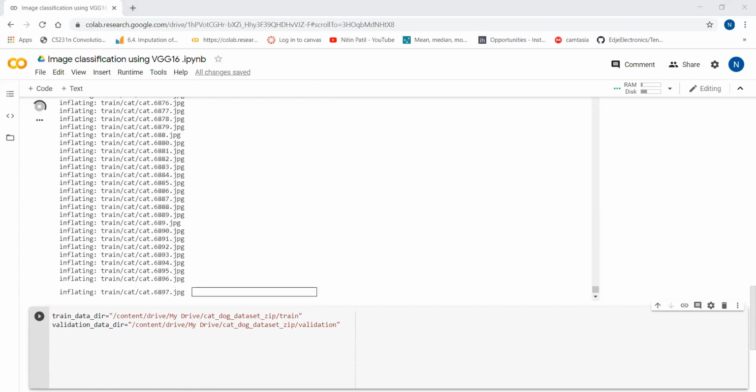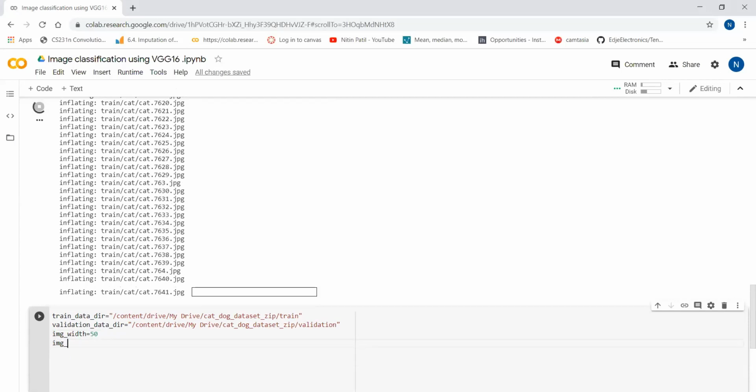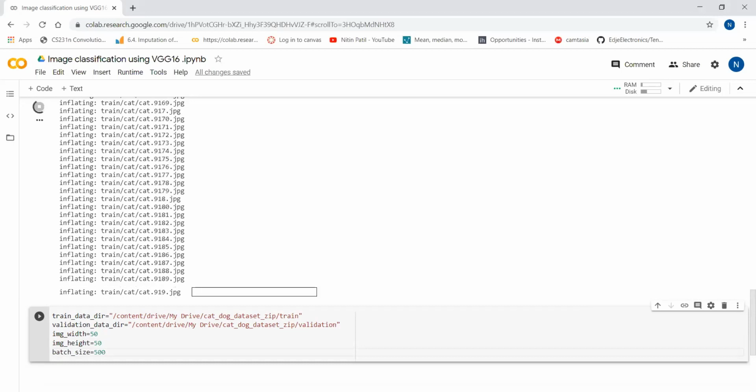So image width, image height, and batch size we created. I will create the same: image width I will say 50, image height again 50, and batch_size is equal to 500, because there are more images, so I will take a maximum batch size.